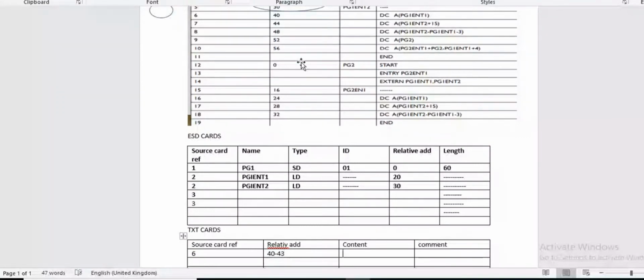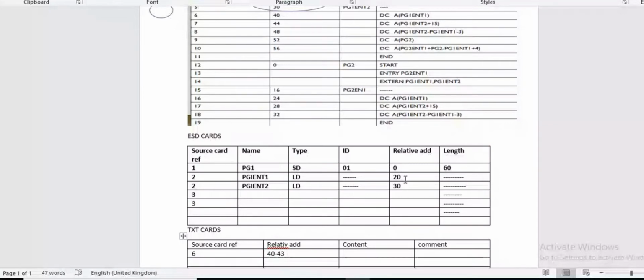Then what is the content? This DC contains PGIENT1. Just fetch this value from ESD card. What does PGIENT1 contain? It contains 20.